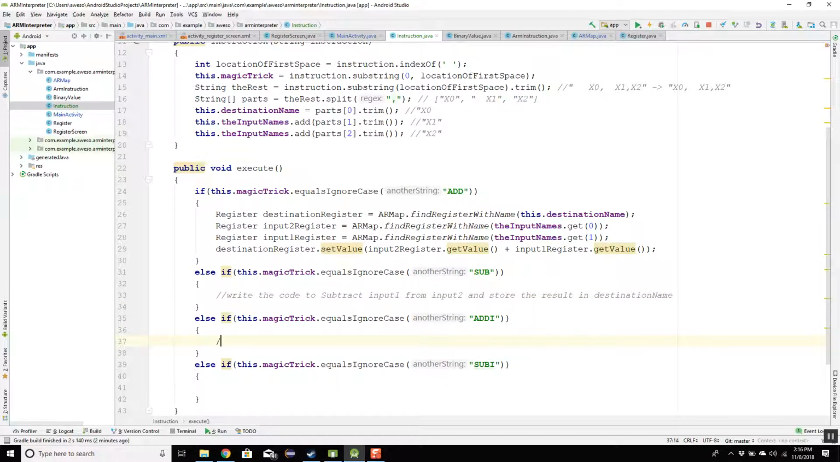Add I, this guy would be: write the code to add input 2 to an immediate value and store the result in destination name. And this one would be: write the code to subtract